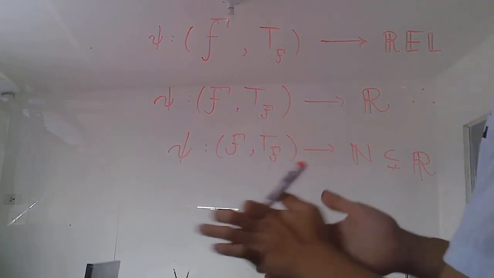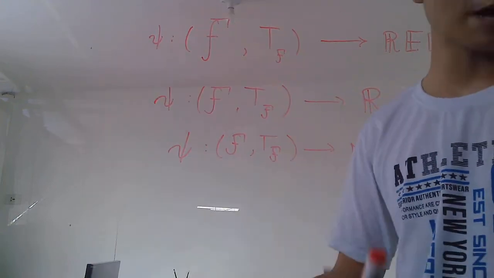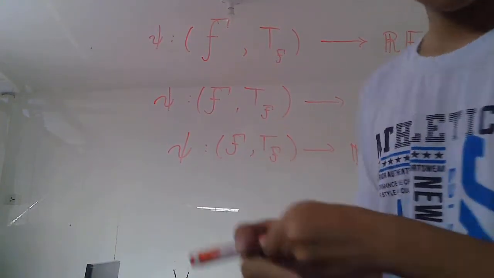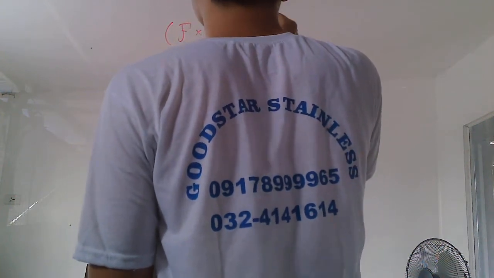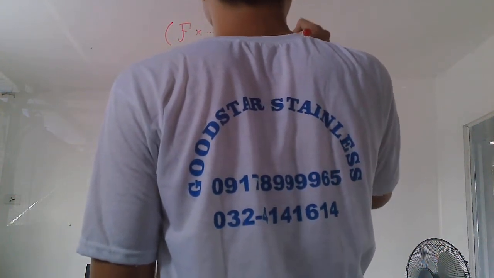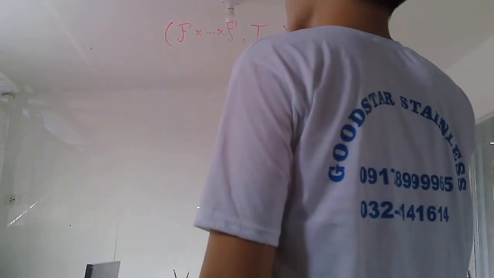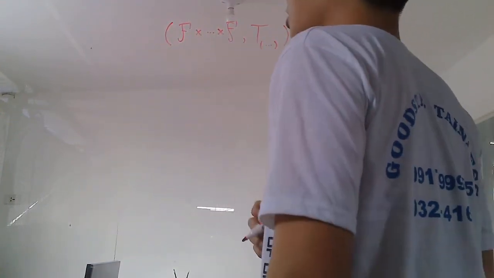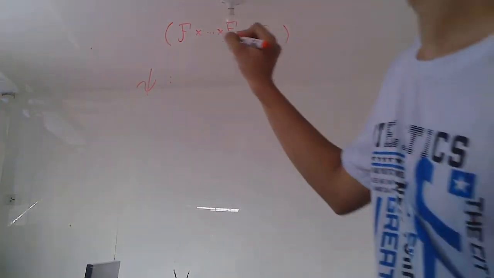We can also have F tuples here, so we can have multiple dimensions of femboy. So we can extend this concept, right? And instead have F tuples equipped with their topology. So we have some F tuple, F product dot dot dot product F, and then its topology. So F tuples equipped with its topology. Now we can still map this. So let's say this is a tuple n times,